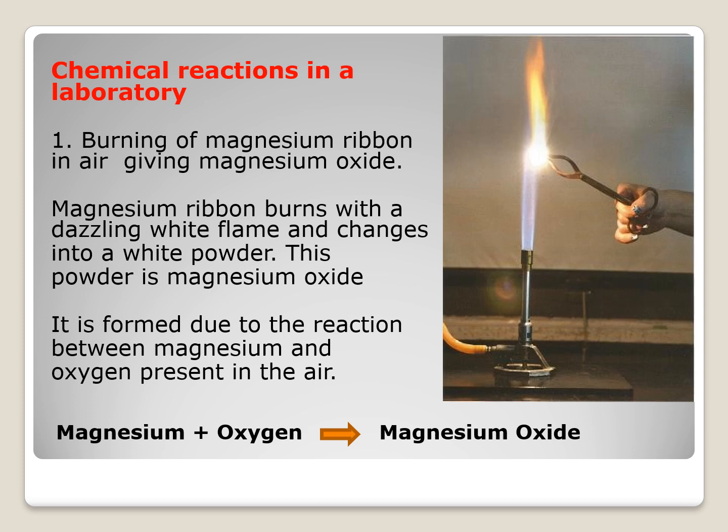Students, many experiments conducted in your junior lab involve chemical reactions. One such example is the burning of a piece of magnesium ribbon. Mostly a piece of magnesium ribbon is held with tongs and shown in the flame of a Bunsen burner. We can observe that magnesium ribbon burns with a dazzling white flame and falls down as white powder which can be collected in a petri dish. This white powder is magnesium oxide, which is formed due to the chemical reaction between magnesium and oxygen.